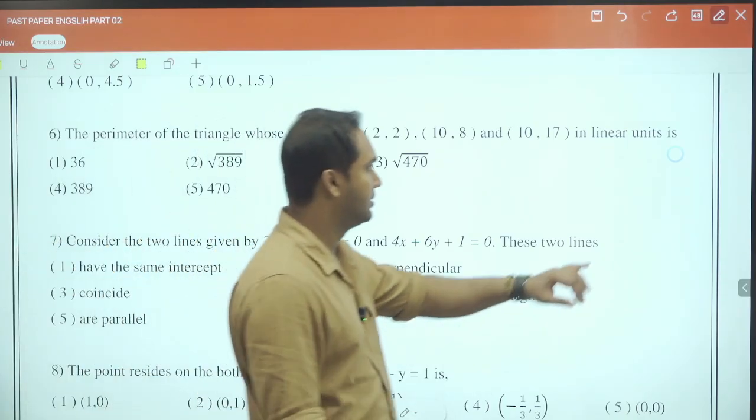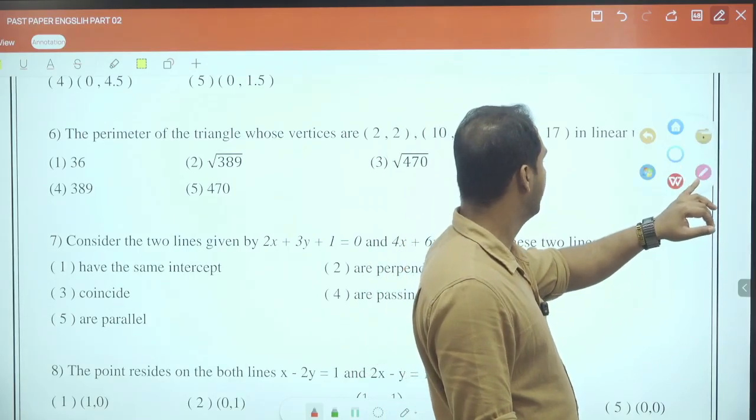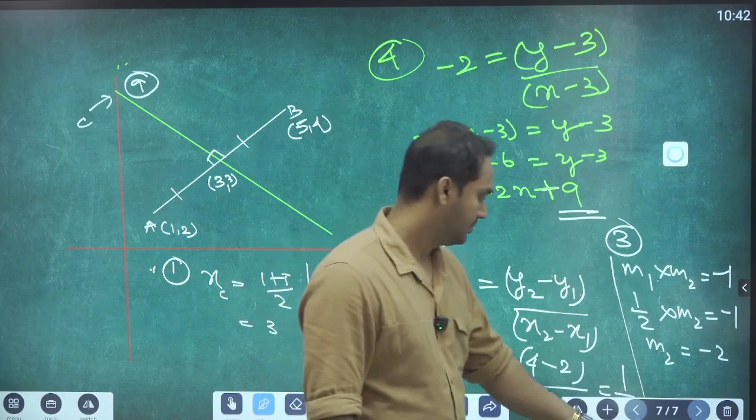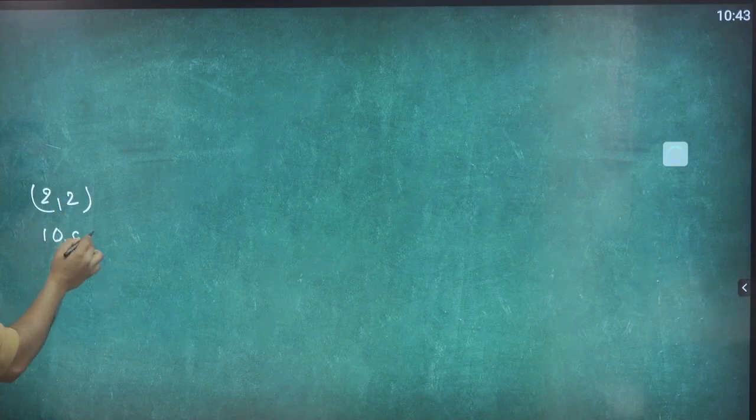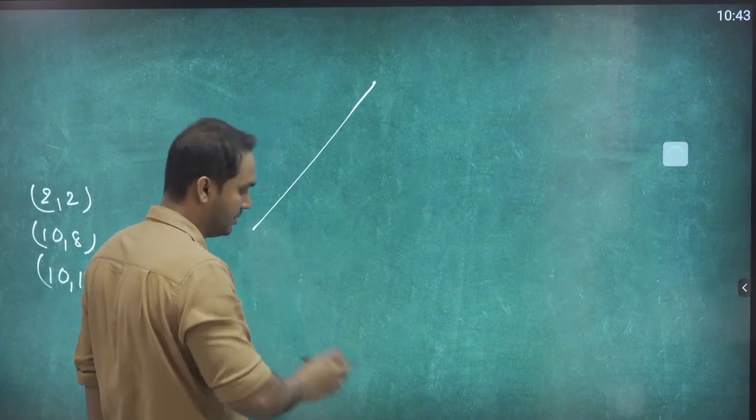Shall I draw a sketch? Tell me the values. What are the vertices now? (2, 2), (10, 8), (10, 17). Right. So if this is the triangle,